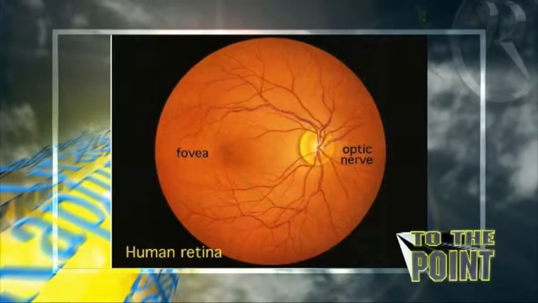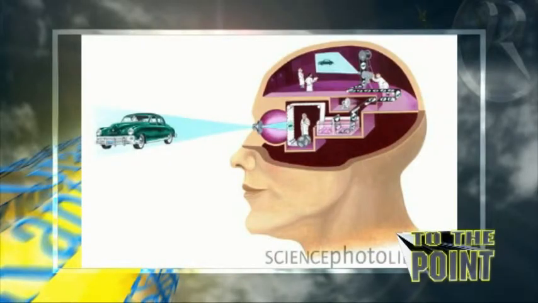Let's move on to the next picture, and those are the specialized rods and cones. Oh, that picture actually is the visual cortex. There's someone looking at an eye, looking at a car. And the image from the car is projected onto the back of the retina and converted by the rods and cones into specialized electrical impulses, which are taken to the visual cortex.